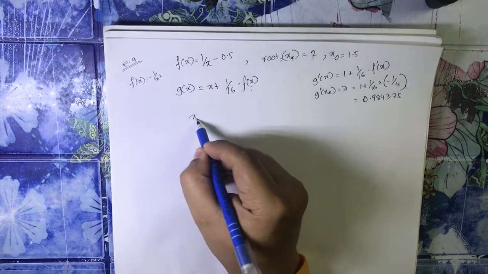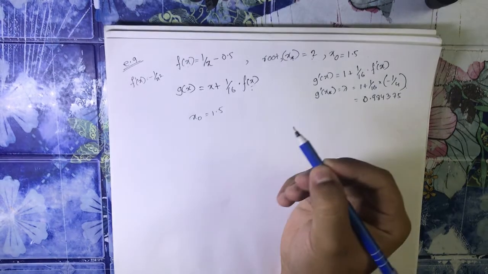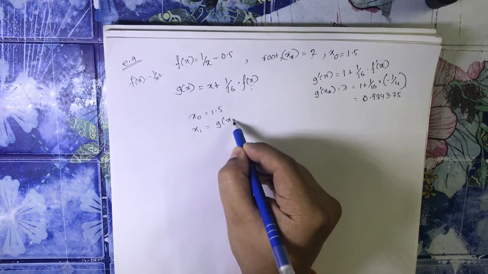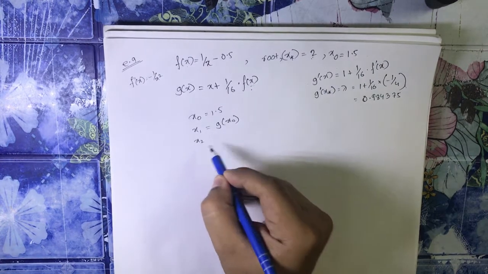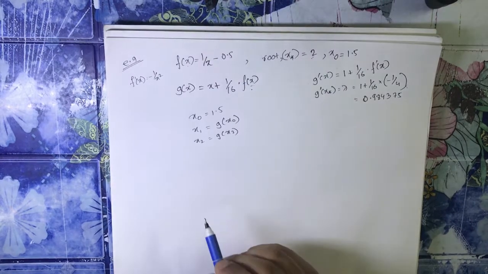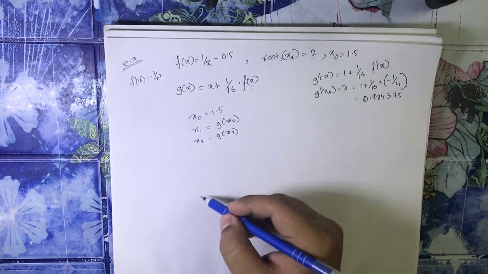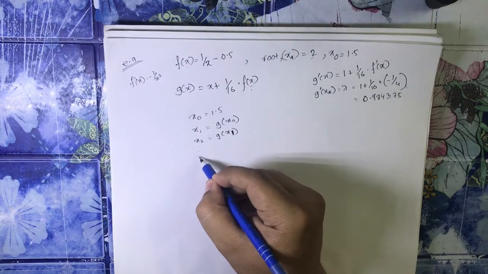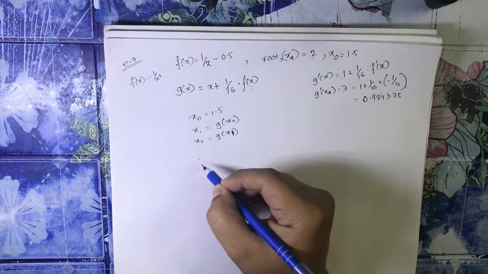If we start with x naught equals 1.5, for x1 we get g of x naught, and for x2 we get g of x1. If we continue this process,